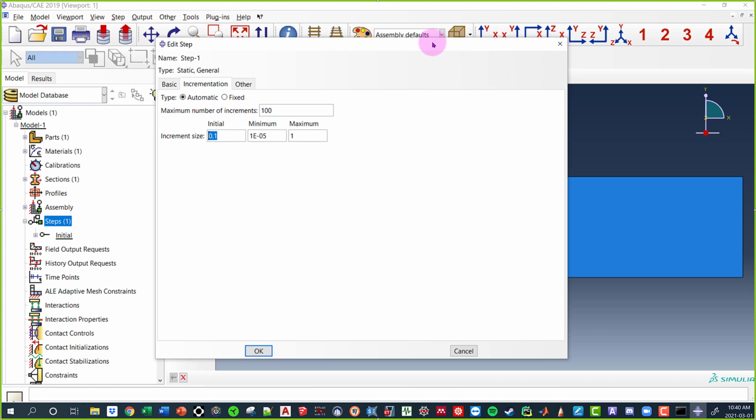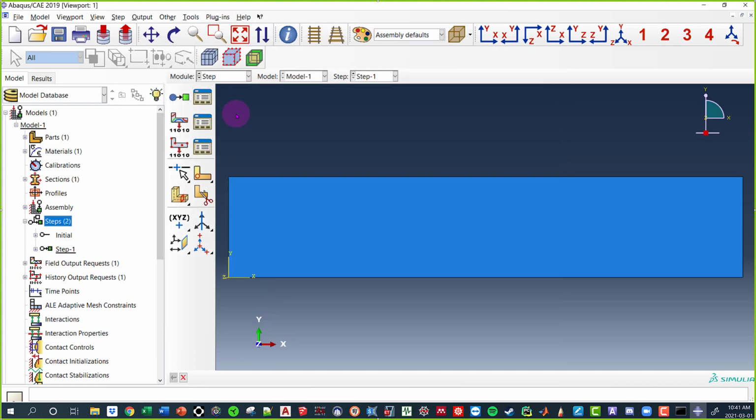Now this is actually nice for us because what ABAQUS does at each one of these step sizes is it actually records the data. So before in your assignment, if you jumped from 0 to 100%, you will have the beam at 0 and you will have the beam at 100%. But what this will do is actually capture the beam as it starts to deform at different values of load. So what I'm going to do is I'm going to put this as 0.1 and I'm going to show you guys what exactly this means.